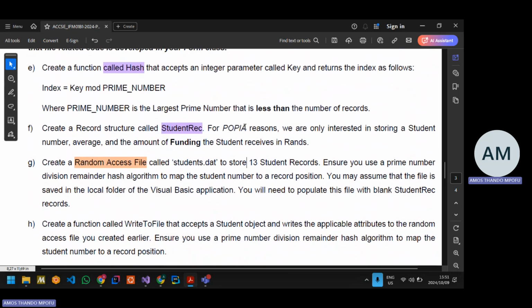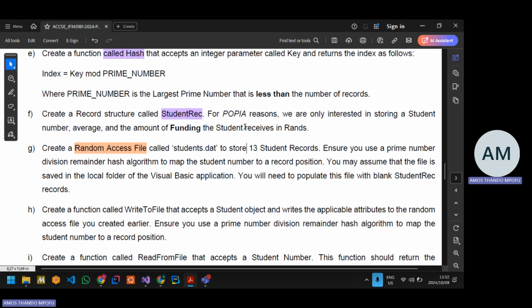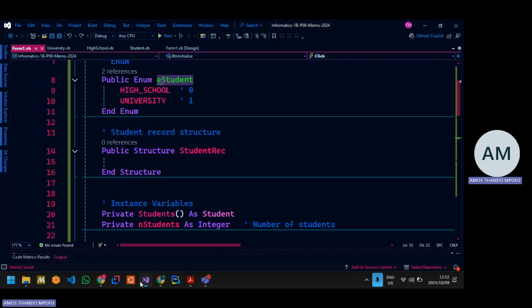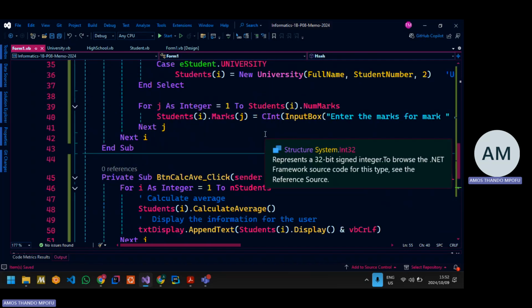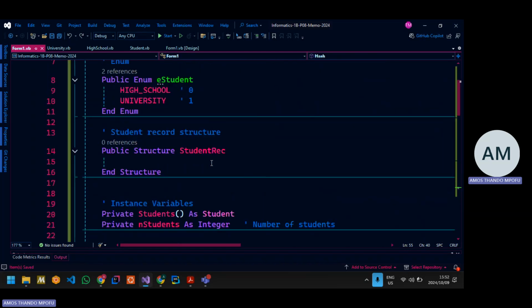The funding, I'll make it a double. They didn't tell you about the types here, keep that in mind. But we know for a fact that a student number needs to actually be an integer. Why? Because it's going to be used as a key here. We need to hash it, remember. So I have to make it a